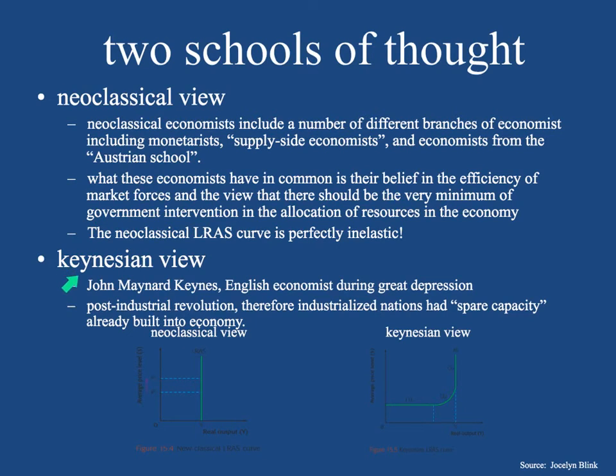Okay. Then the other view is the Keynesian view, and that's pronounced Keynesian. John Maynard Keynes was an English economist during the Great Depression. This is post-industrial revolution, and therefore industrialized nations had already created this spare capacity that was already built into their economy. And I like to think about this, I don't know why I think about this, but Pizza Hut, right? What Keynes said was that during the Great Depression,